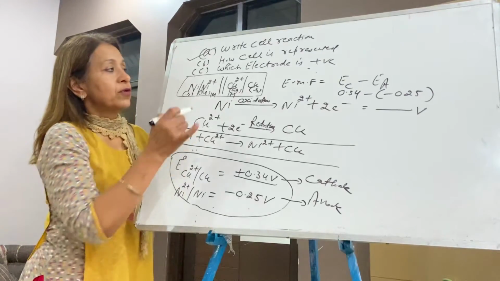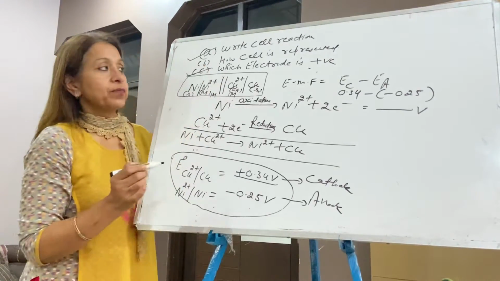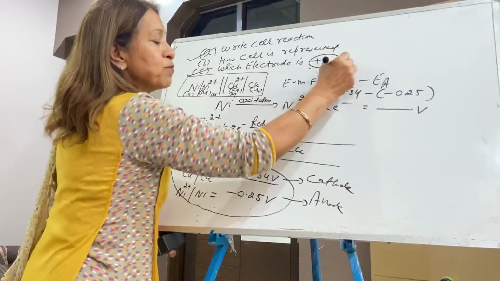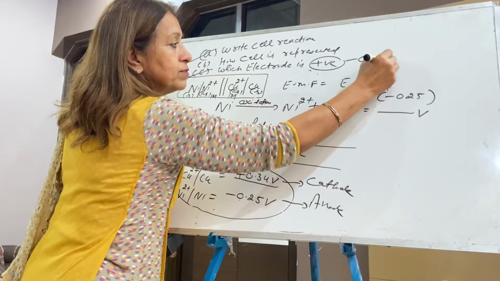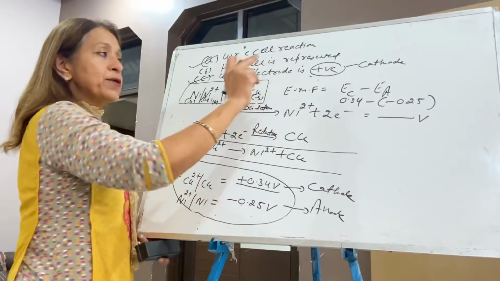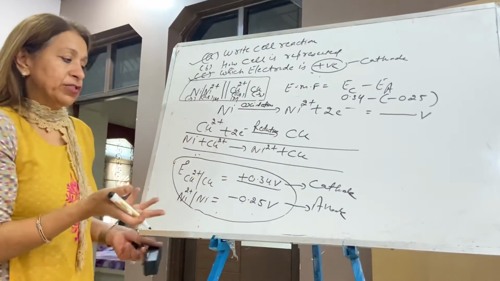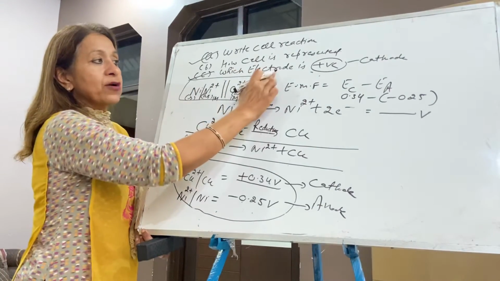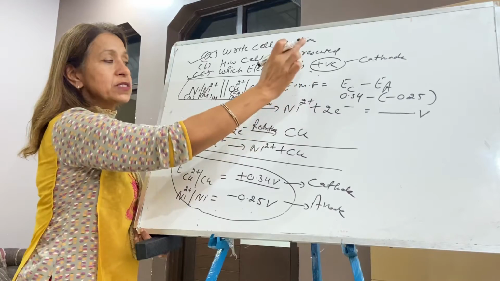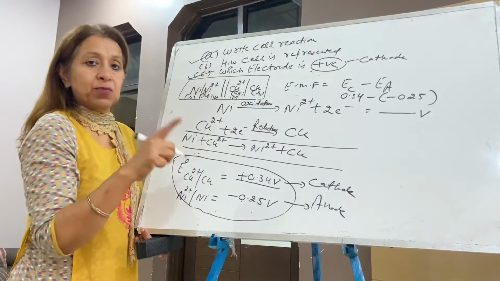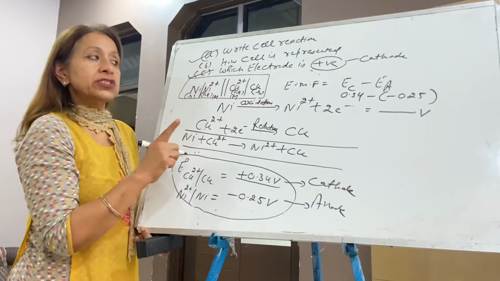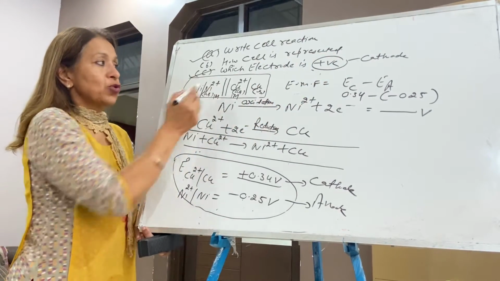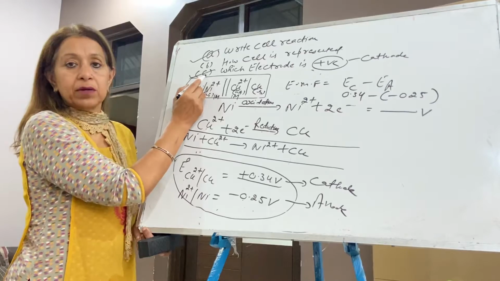Now one left. Which electrode is positive? You know, negative means anode and positive means cathode. Identify which one is cathode. Copper. Your answer is copper. Positive means cathode because cathode carries positive charge and anode carries negative charge. So positive is cathode and cathode is copper. So your answer of the C part is copper.